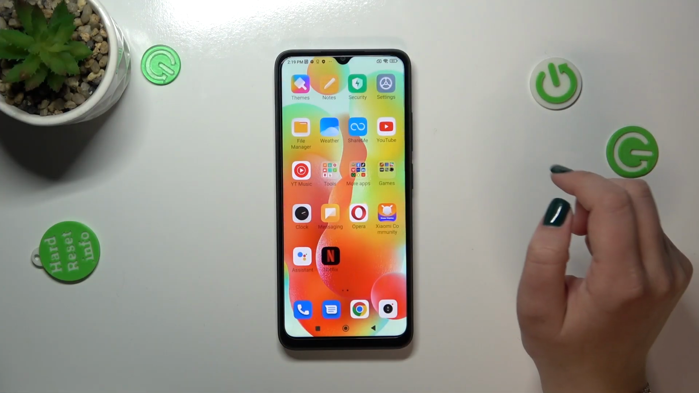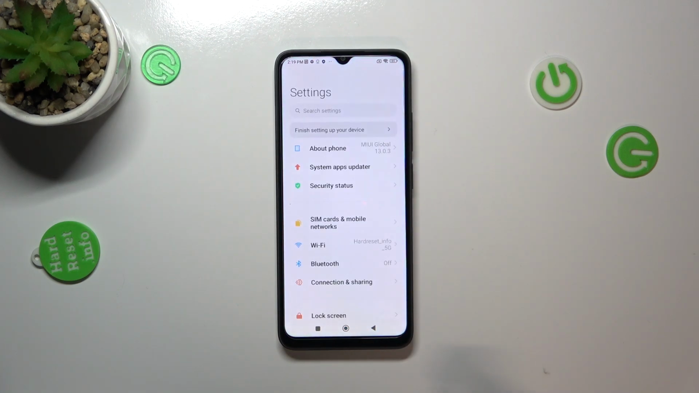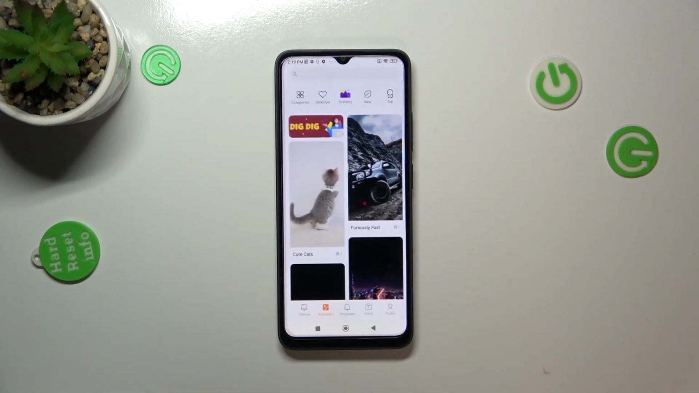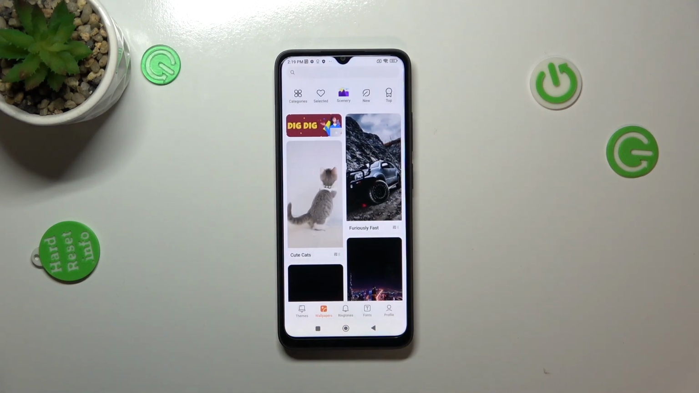So first of all we have to find and open the settings, so let's tap on it and here let's scroll down in order to find the wallpaper section. Let's enter. And as you can see, immediately we've been transferred to the section with the wallpapers from which we